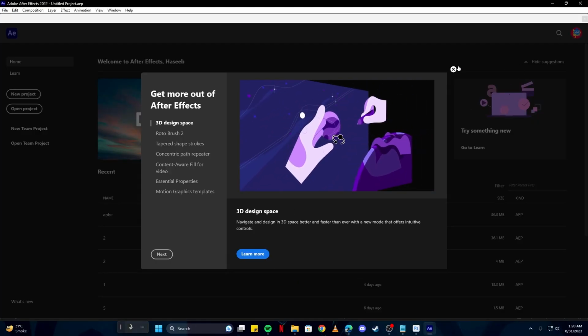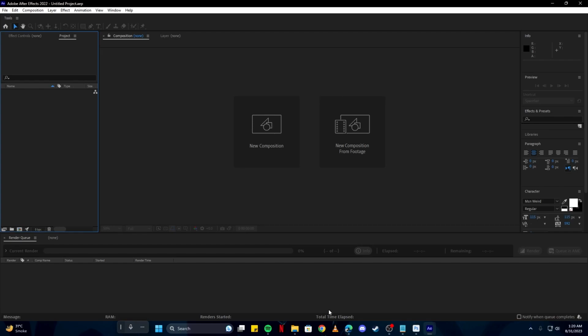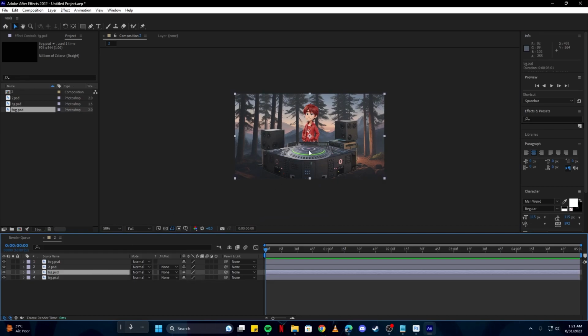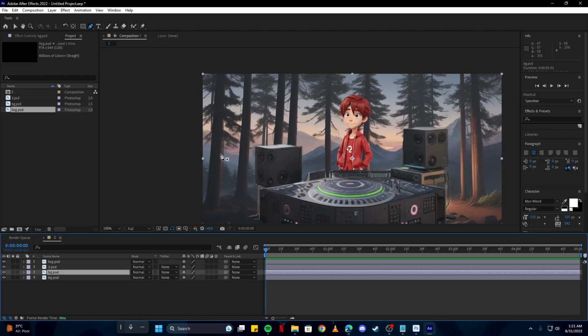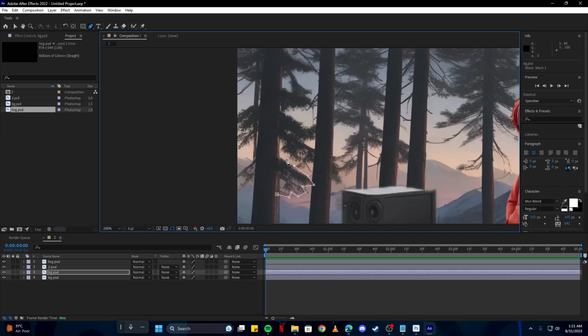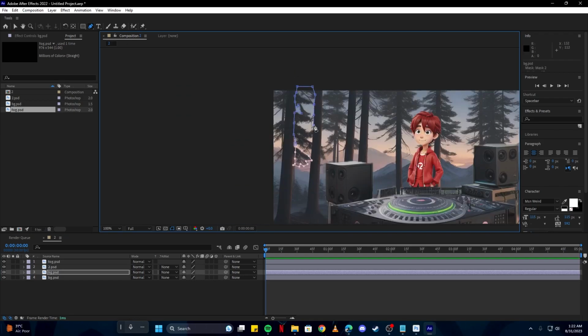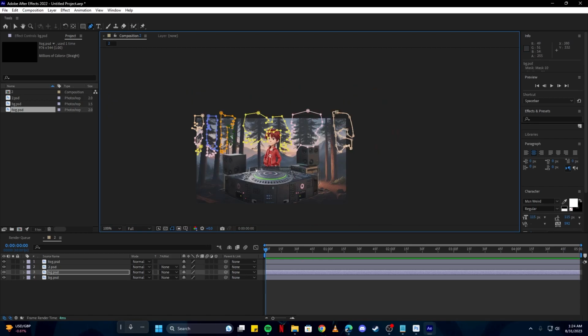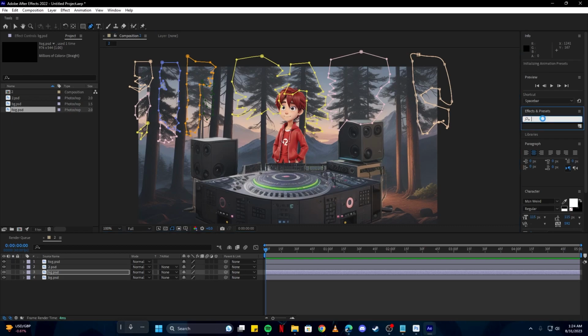And here in After Effects, I'm gonna create a new project. Then I'm gonna drag our background and our characters. Now since we have them, we can start animating these. First of all, we need to animate those trees, so I'm quickly gonna mask them. Once we have our mask, I'm gonna search for turbulent displacement